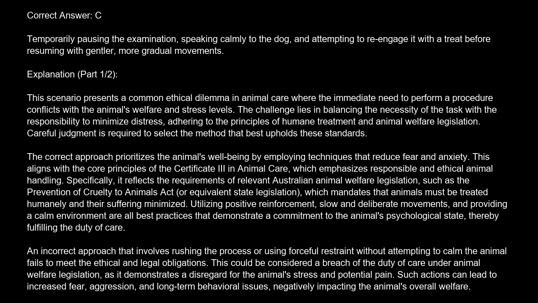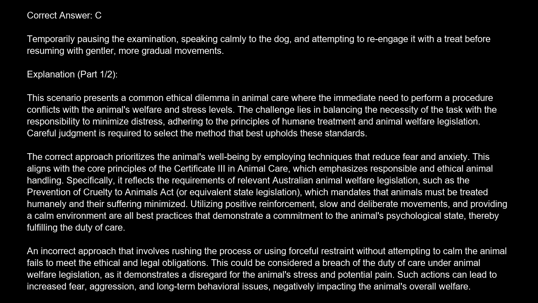The challenge lies in balancing the necessity of the task with the responsibility to minimize distress, adhering to the principles of humane treatment and animal welfare legislation. Careful judgment is required to select the method that best upholds these standards. The correct approach prioritizes the animal's well-being by employing techniques that reduce fear and anxiety. This aligns with the core principles of the Certificate III in Animal Care, which emphasizes responsible and ethical animal